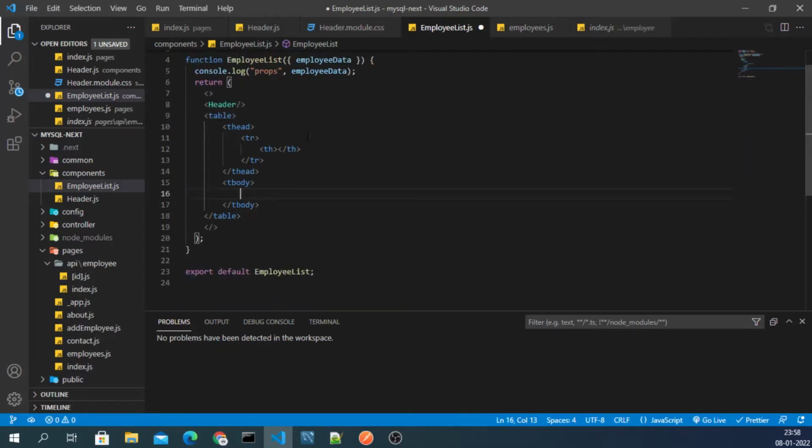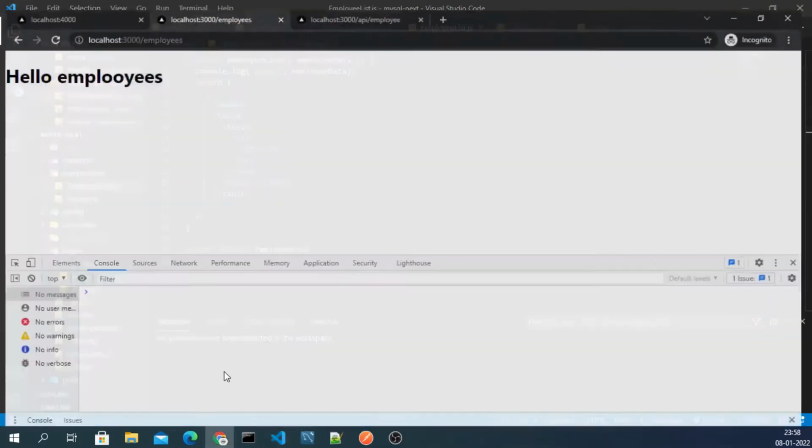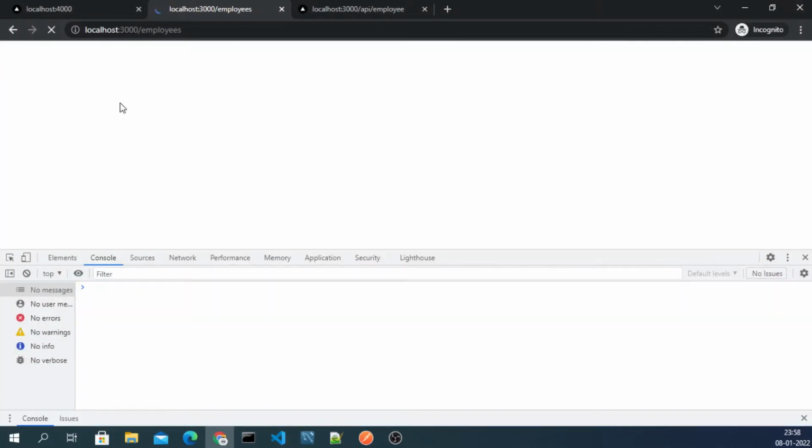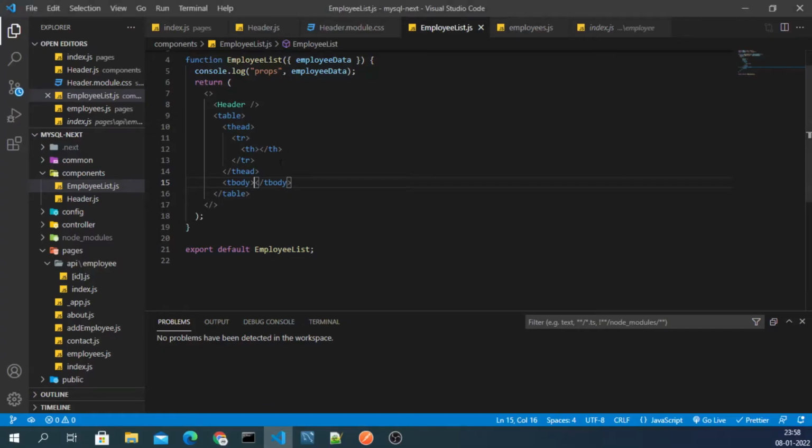Let me first see how it is looking right now. Okay, now we are able to see the navbar here. Now we want the table just below this navbar. For that I will first give a class name to my table.